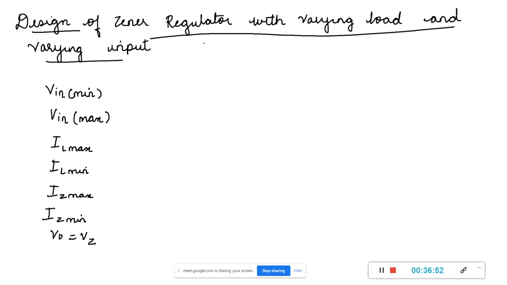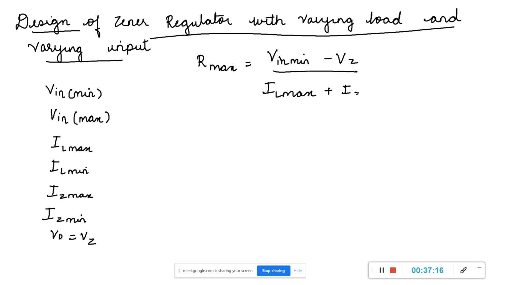So the limiting values of the series resistance R for a Zener can be obtained like this. We have two simple equations. R max is equal to V in minimum minus Vz divided by IL max plus Iz min. So it is written as V in min as it is, minus Vz, which can be written as V0, divided by IL max plus Iz min